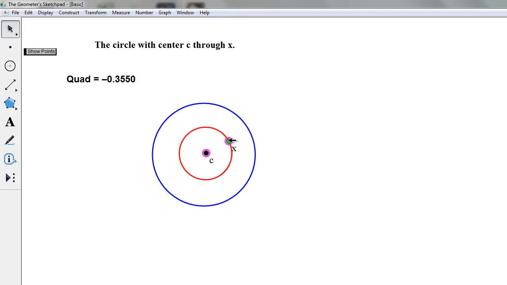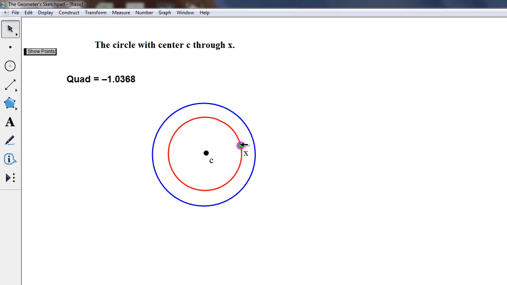This is our first example of circles, and here you can see circles of small negative quadrance, the quadrance becoming more and more negative, minus 0.5, minus 1, minus 2, minus 6, minus 43, minus 135, approaching infinity as X approaches the null circle.